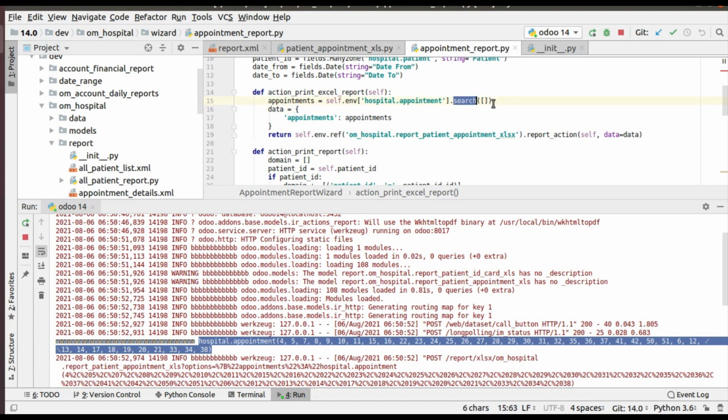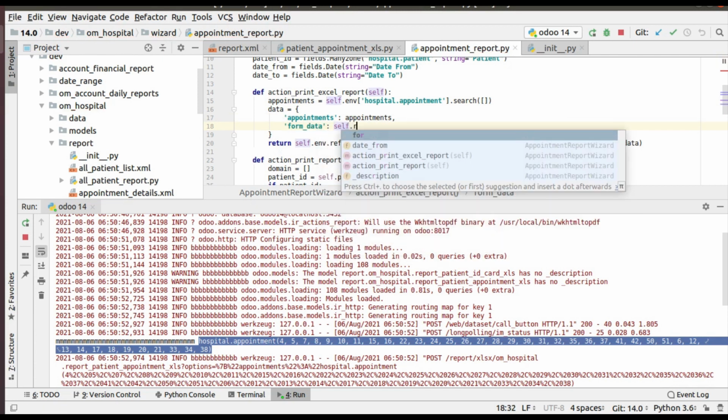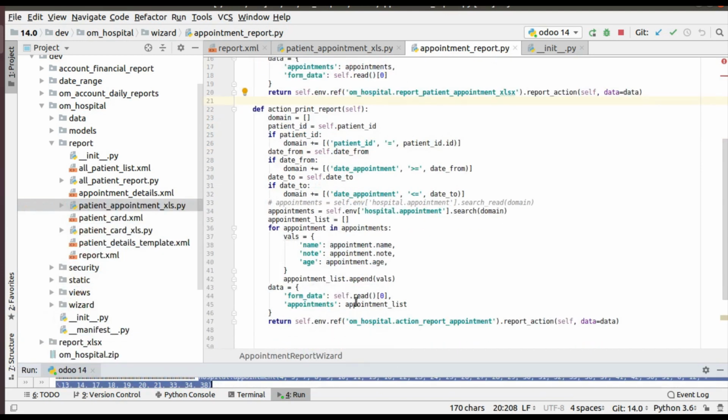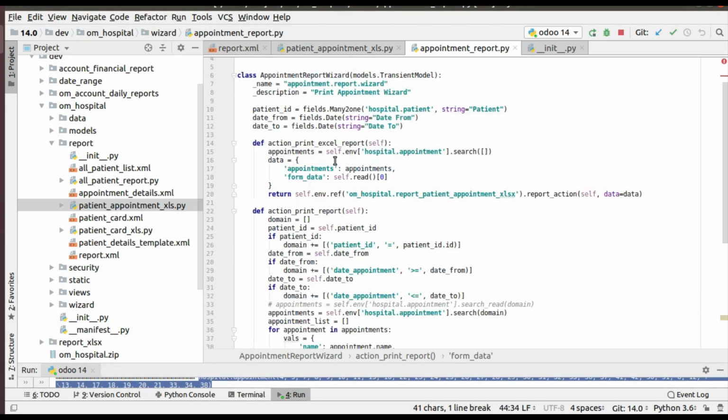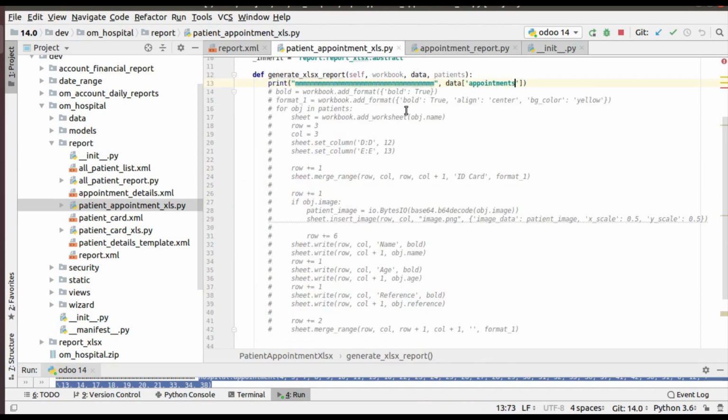I have got all the data, and also I'll pass the form data, self.read of 0. I think this is the syntax, self.read of 0. So I have passed form data as well as appointments, and we are getting it here.